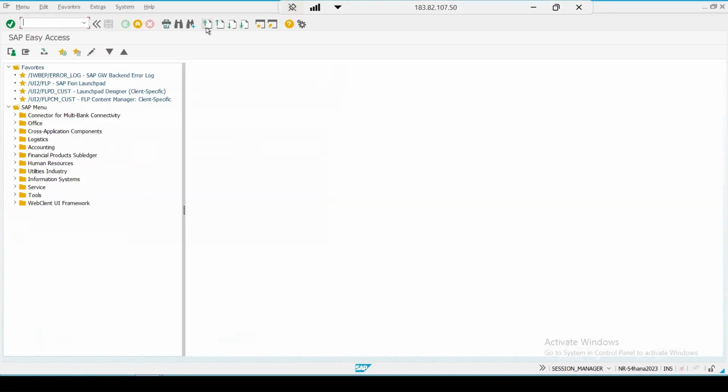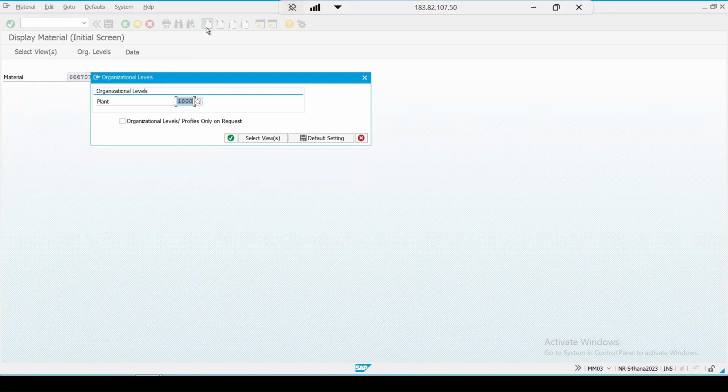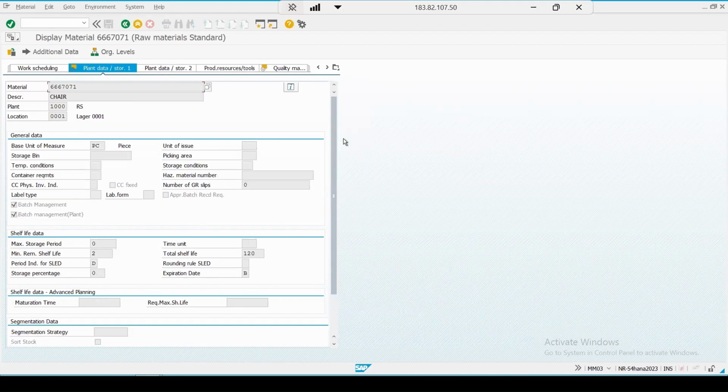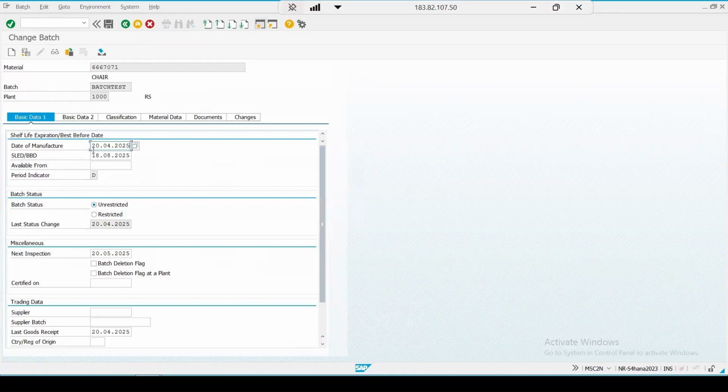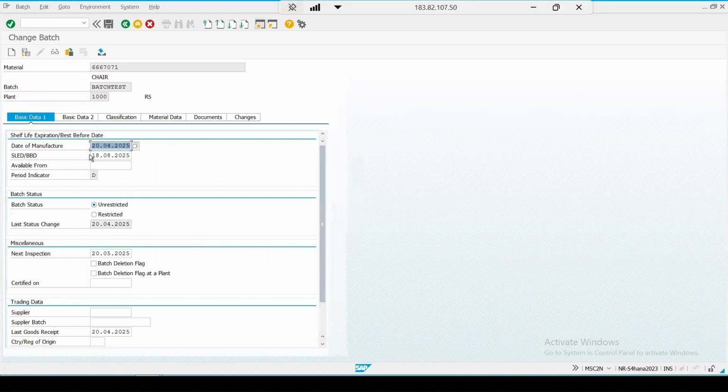let me open the material in the display mode. Okay, so this is the material, continue, and in the plant data and storage one view, for the location this, continue. Here we have maintained the SLED data and I have kept the total life as 120. I have specified the date of manufacturing as 24/25. So my SLED will be whatever is my manufacturing date plus the total life maintained in the SLED data of the plant data and storage one view, which is 120, and this is the SLED